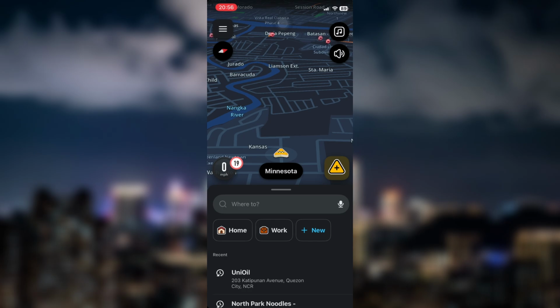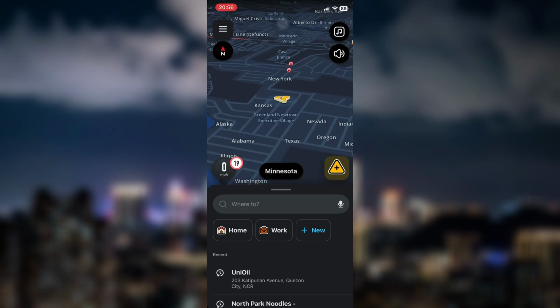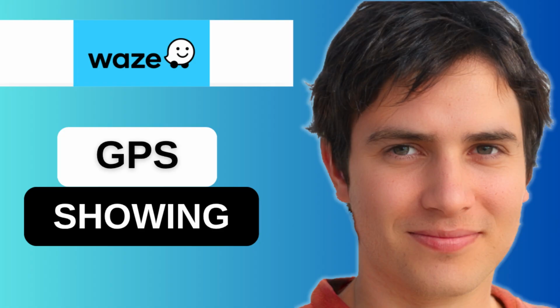Once Waze detects an accurate GPS signal, your position should update correctly on the map. And that's how to fix the "no GPS showing approximate location" error on